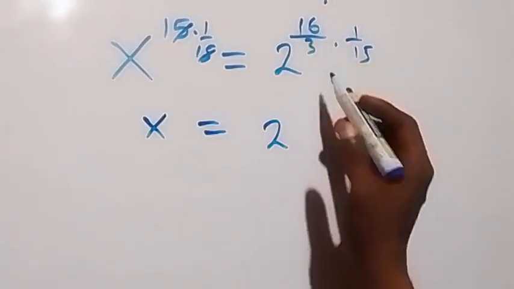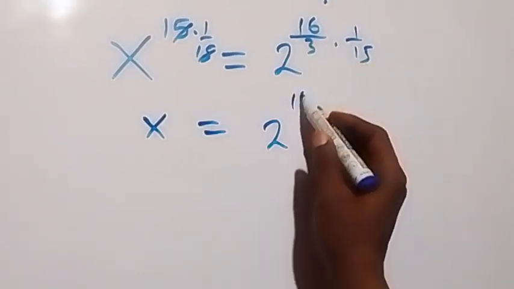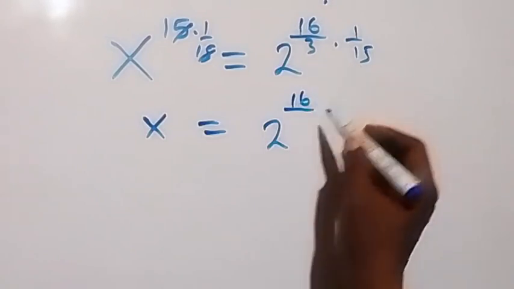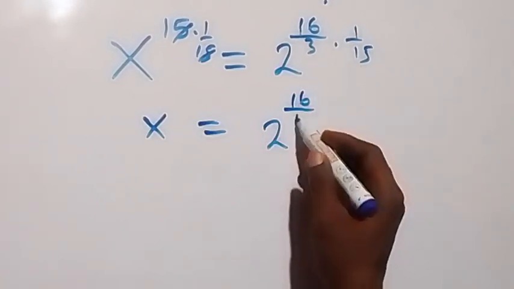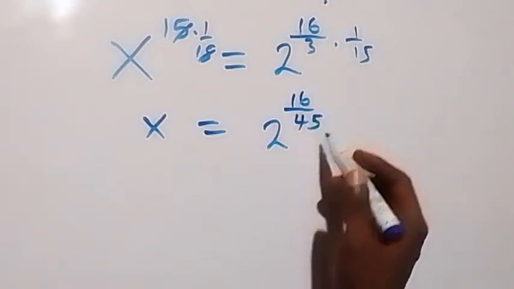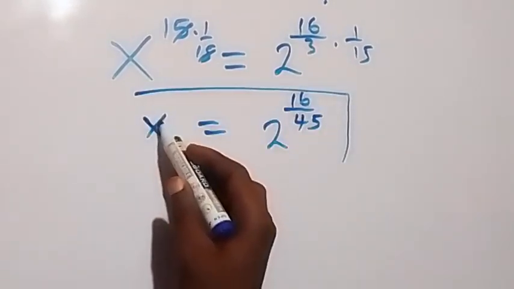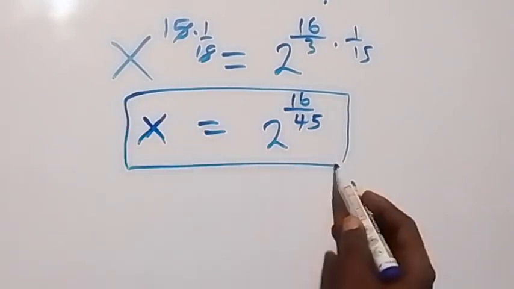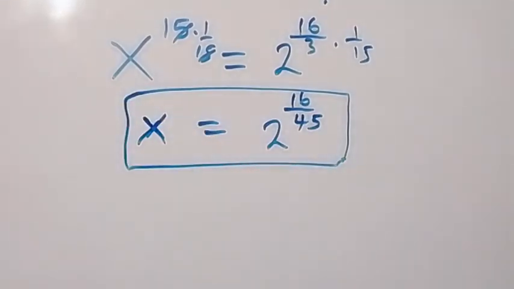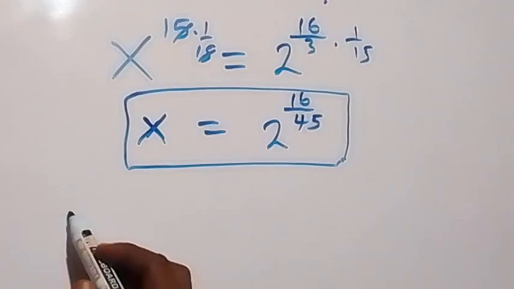Here this power multiplies and we are going to have 16 over 3 times 40. 3 times 15 here, that's 45. So here we have the value of x for this given problem to be 2 raised to power 16 over 45. Then to check on what we have, that is square root of